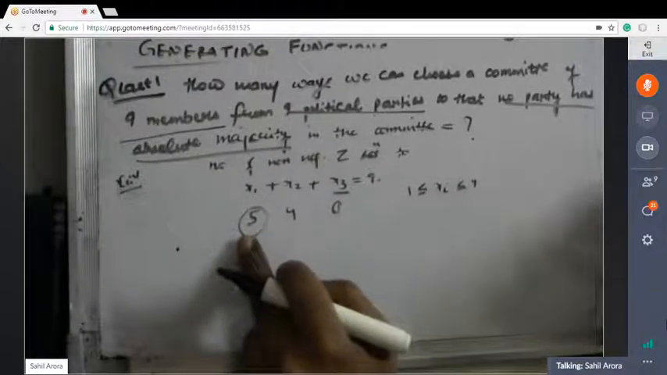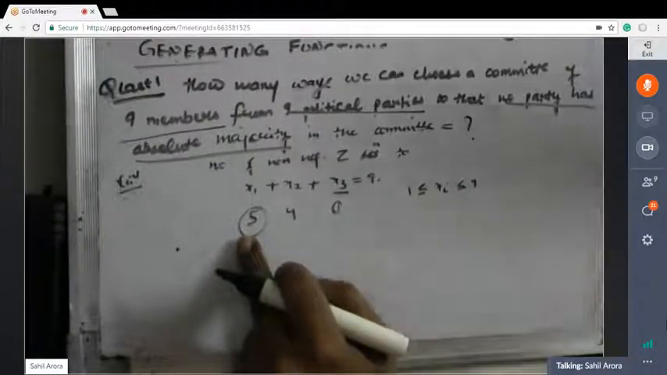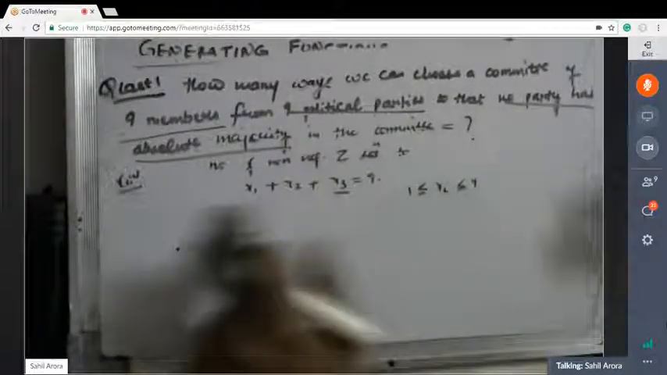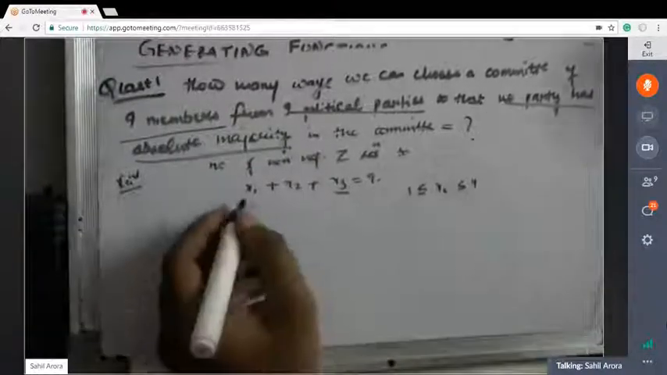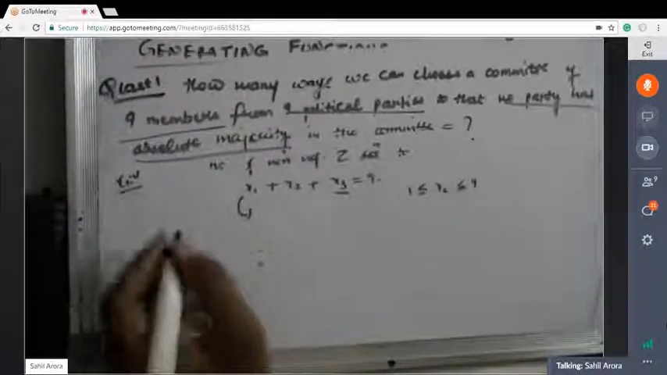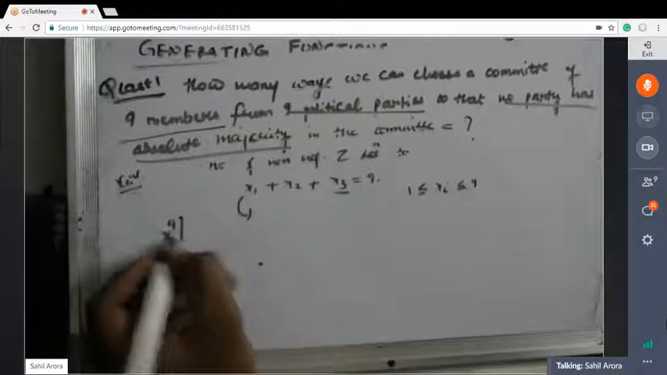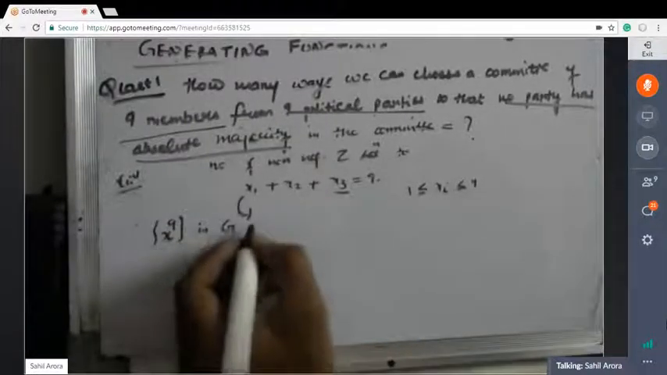And you are saying nobody could be more than 5. More than 5 means it could be 5 also, right? So 5 is not possible. So the only thing is between 1 to 4, right? So now again, we just need to find the coefficient of x to the power 9 in the generating function,